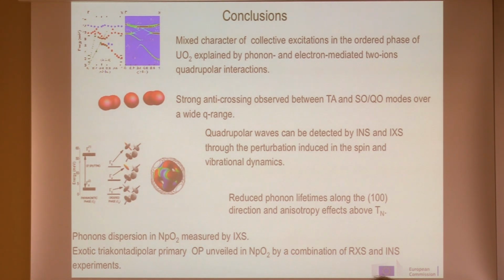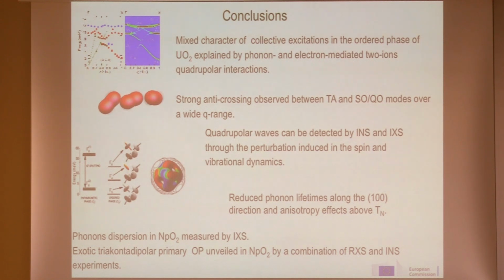These are just the conclusions: that we can observe the mixed character of the excitations, the importance of the orbital degrees of freedom in systems where these are not quenched, the interplay between spin, orbital, charge degrees of freedom, the fact that you can observe propagating quadrupolar waves. This is similar to the orbiton problems in the perovskites, if you want. It's also a kind of orbital excitation, but you can describe this in simple terms. And